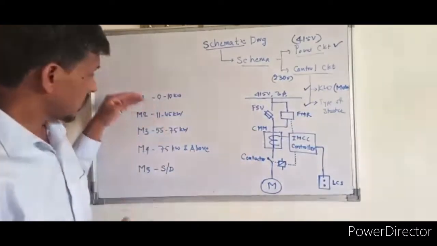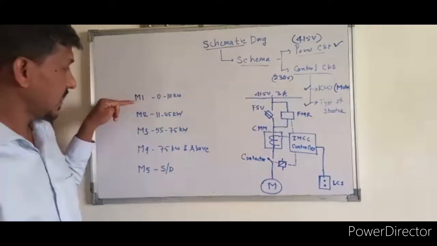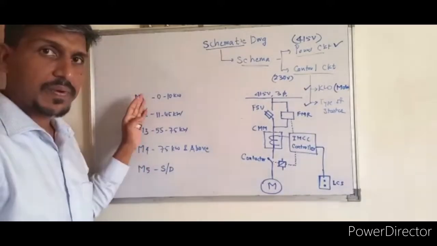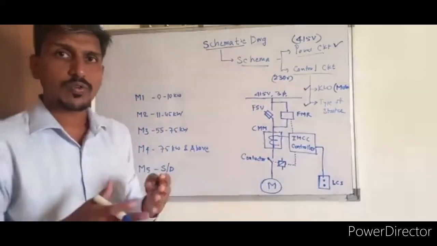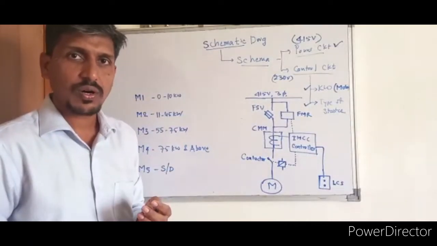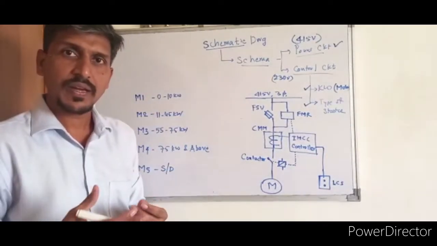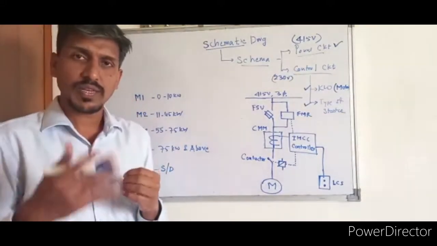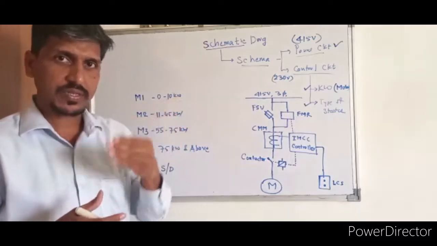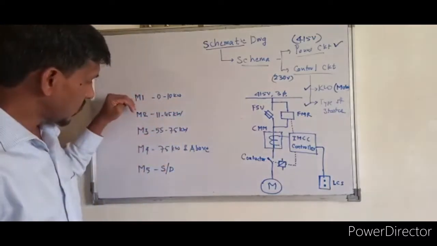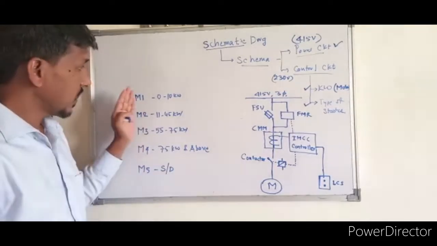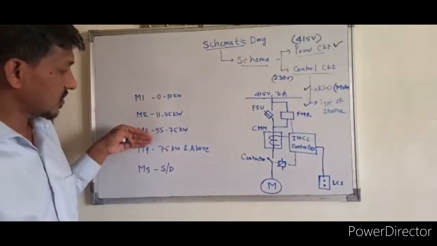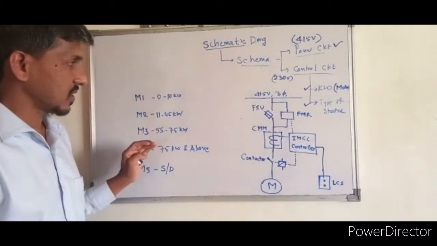And you can see here, I have given these tags M1, M2, M3, M4, M5. These are not standard tags. It depends on the project. In some projects you may find S1, S2, S3, S4, or DO1, DO2, DO3, DO4. It depends on the project philosophy, what kind of philosophy that project has used. Based on that, the tagging is to be done for the different kinds of schemes. So let's not go into much more detail on the tags. Tags are not important. What is important here is how you basically make the schematic drawings. Let's first understand these things.